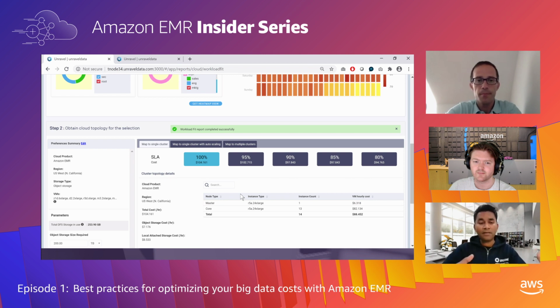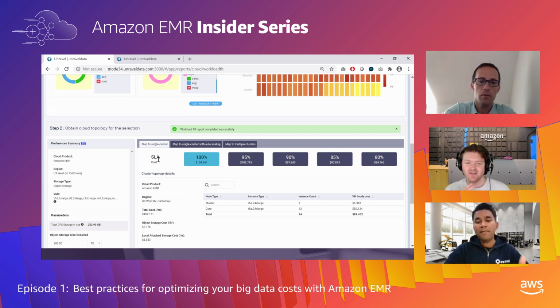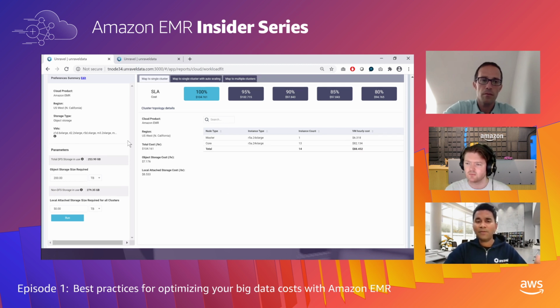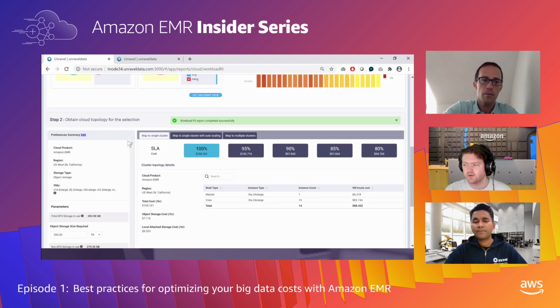So in this case, I can run the marketing workloads, all of those applications with about $100, guaranteeing all the SLAs are met, right? So I'm also optimizing here for performance and reliability. And I need about 14 instances to do so. And all the other parameters around what kind of object storage I need, which type of machines I need, everything Unravel calculates for you automatically, right?